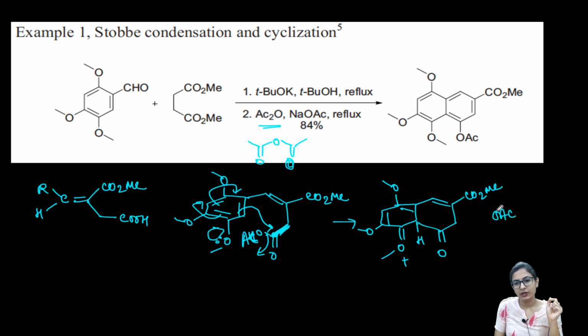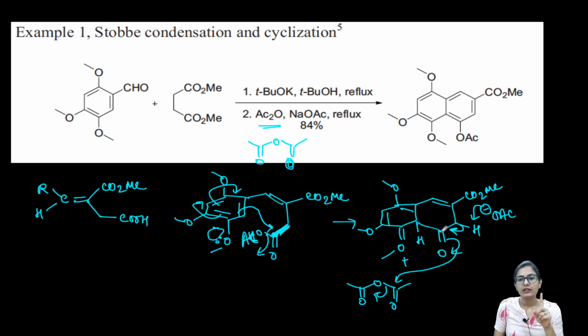Now one of the acetate groups is going to take away the acidic proton from here. If this proton is taken up, you are going to get the enolate, and this becomes O minus. When it becomes O minus, it is again going to attack the acetic anhydride and take away one of the acetate groups, so that it becomes OAc, so that there is a double bond. So now this whole ring has become aromatic by the loss of this proton. Okay, and now you get your product.